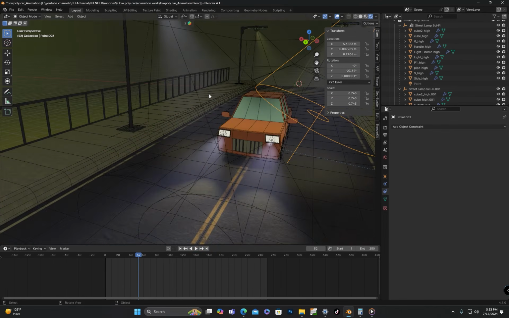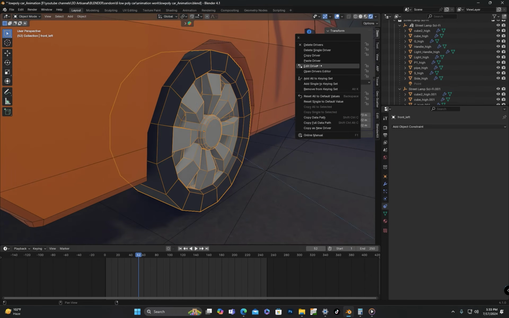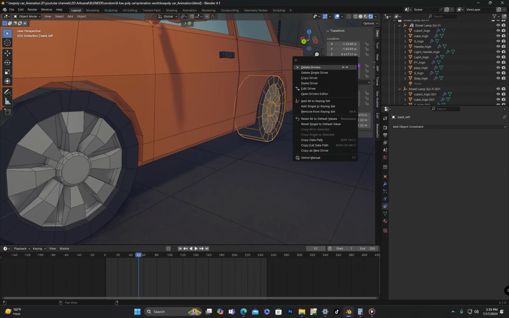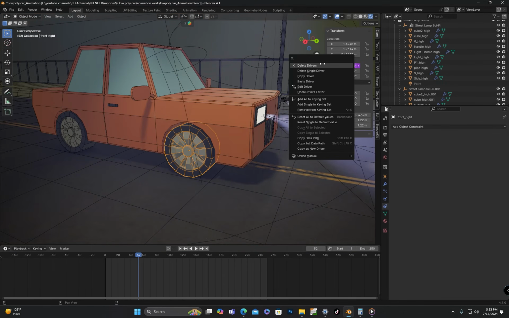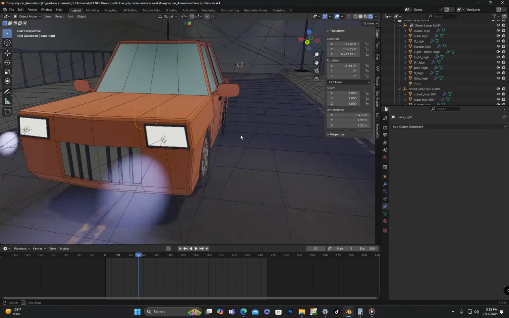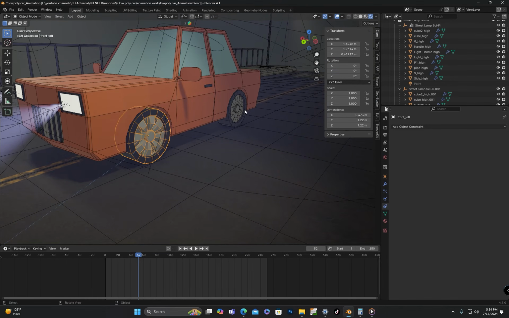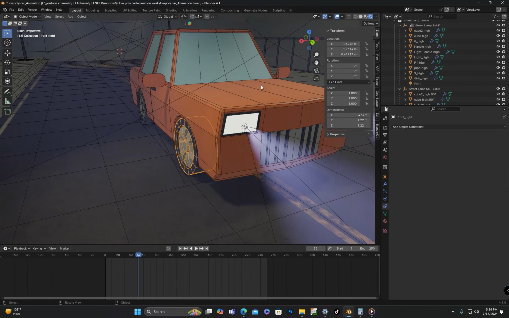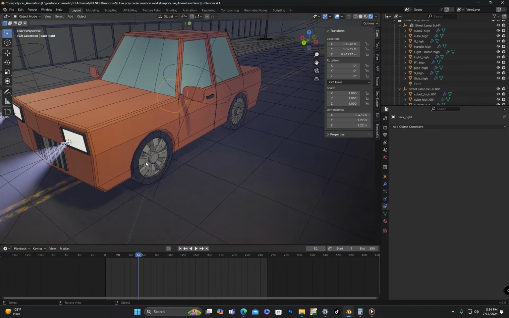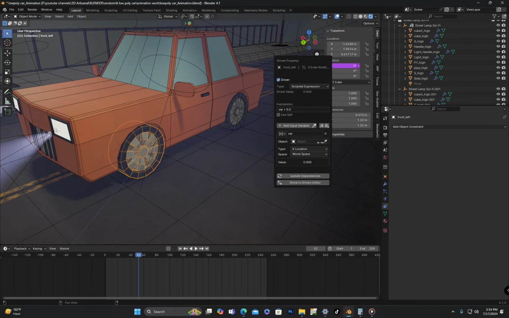To resolve the issue, first I will remove the drivers from all the wheels. Then I will reset rotation of all the wheels to 0. After that, I will add the same drivers again as we did before.